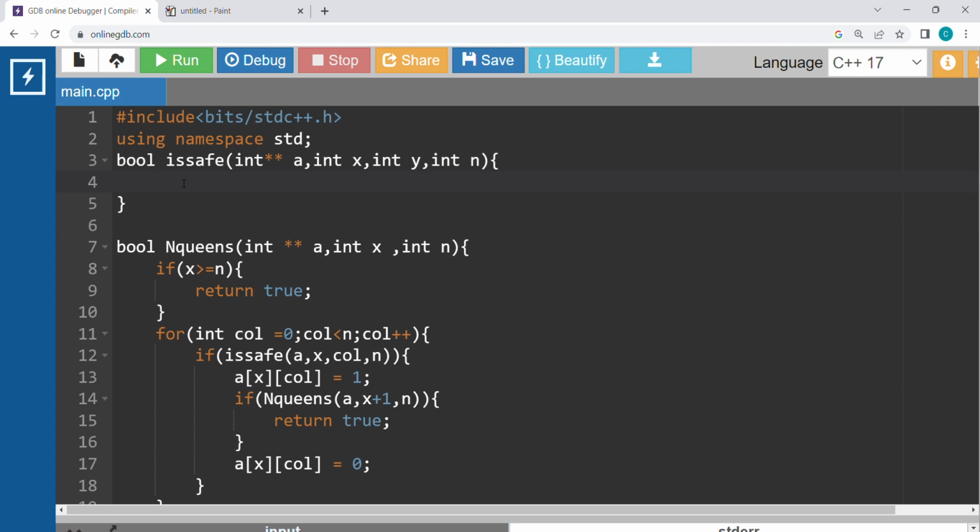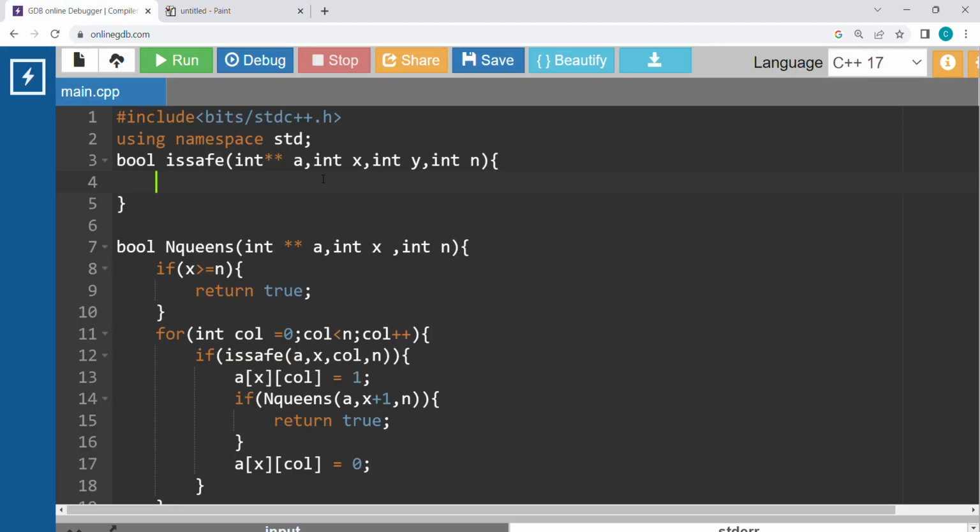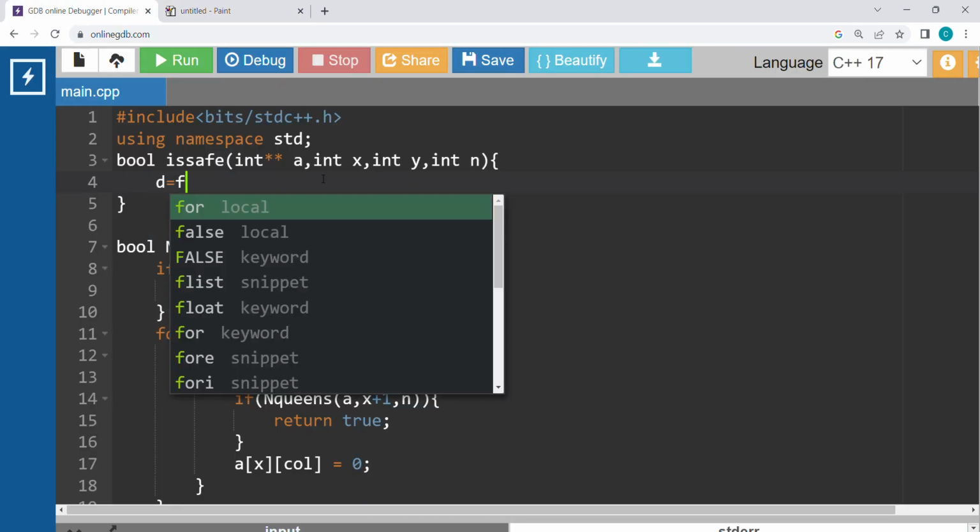Okay, so in what way can we check if it is safe or not? Let us assume that we are at row 2. We have to check if any column is already filled. For row 2, is column 1 already filled, or column 2, or 3, or 4? So we have to check for